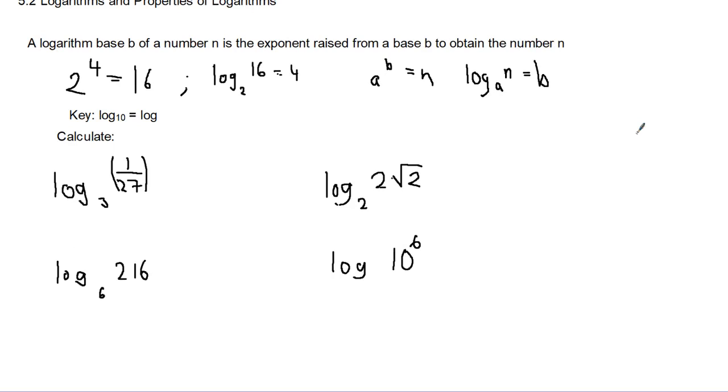So, what's a logarithm? A logarithm base b of a number n is the exponent raised from a base b in order to obtain the number n. That might seem confusing, but